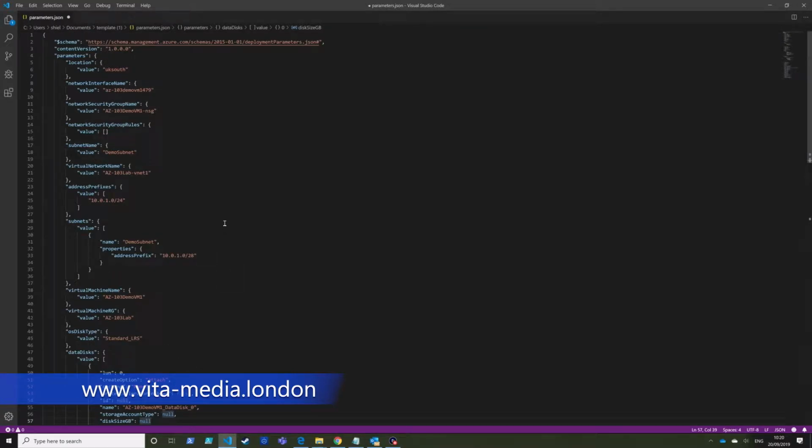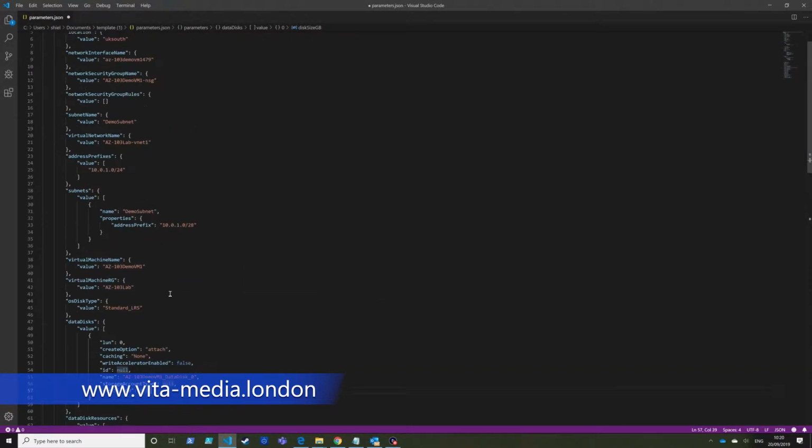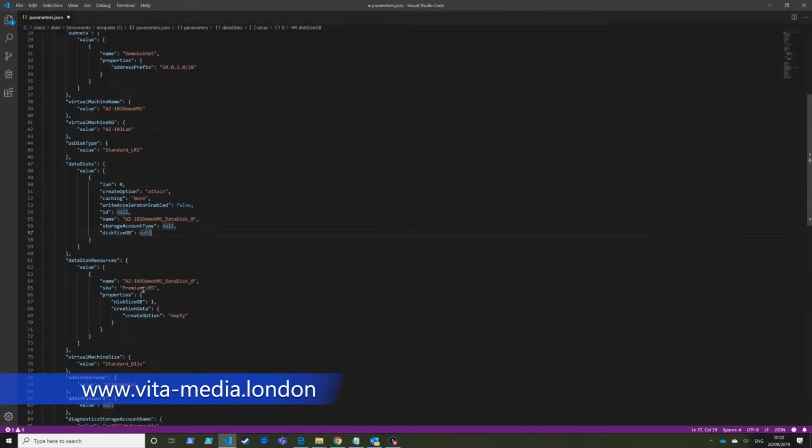So the two changes I'm going to make, initially I'm going to change the disk type for the data disk from premium to standard,